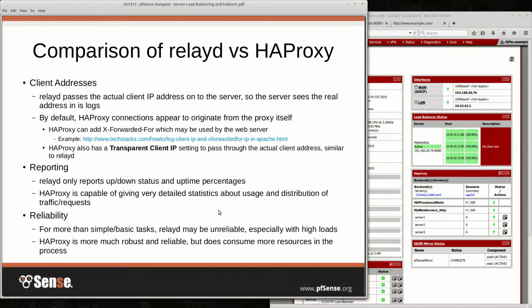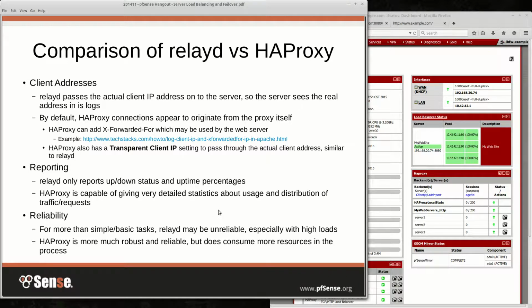And as an alternative, there is a mode in the HAProxy devel package, which is what I'm going to be demonstrating here, called transparent client IP, and it works like RealAD, where it attempts to pass through the actual client address. So that's what the server behind you will see, and that can be used in a lot of different cases as well. So it sidesteps that need to monkey with the logs or additional programming to get the original client address.